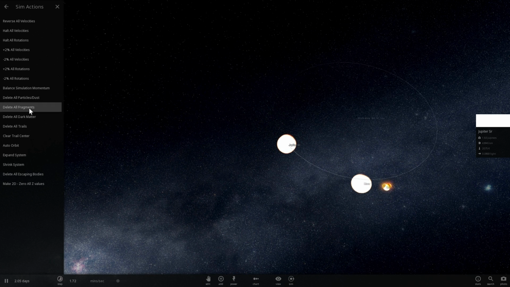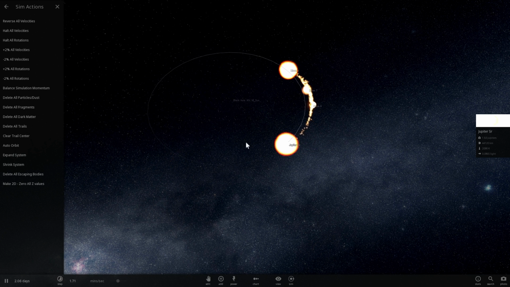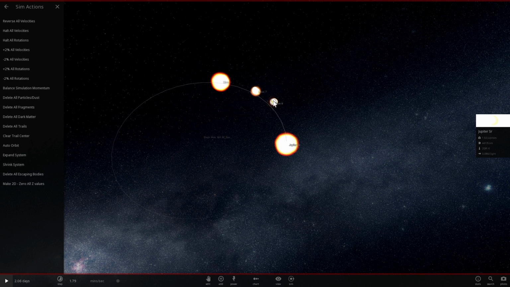I'm going to erase the fragments and particles again. And we now only have, I believe, 2 objects left. Let's just double check. This one is too tiny. I'm going to erase it just so it doesn't waste my space. This one is actually very large. It's about